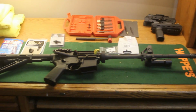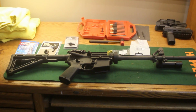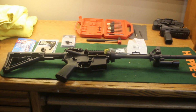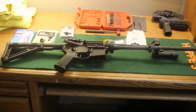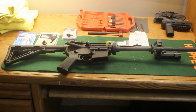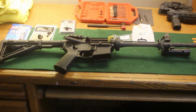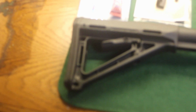I have an AR15 and I wanted to add a 2-point sling to it. The issue was where to do it. I do have Picatinny mounts on it, but I wanted to do it as far forward as possible and as rearward as possible. So that left me a couple options. And one, I was going to use the buttstock hole here